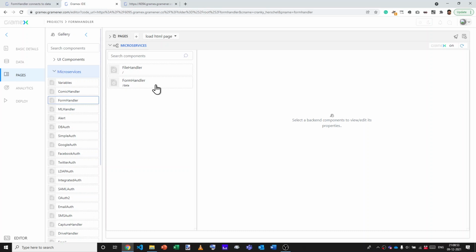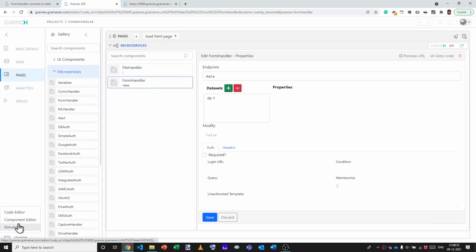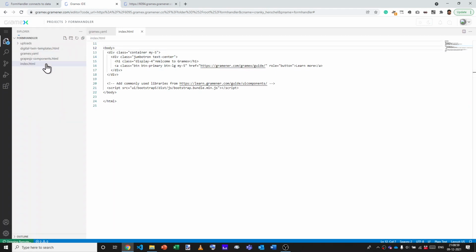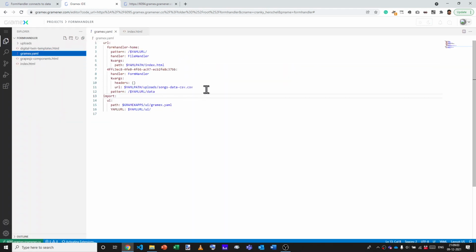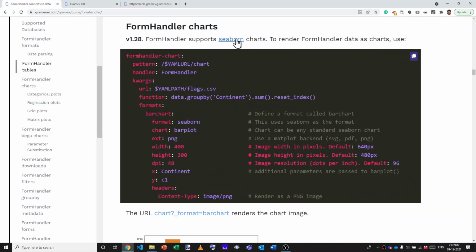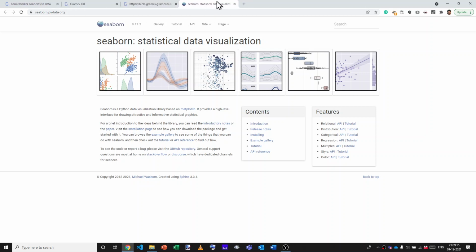So let's go to the code editor now, where we'll be adding the chart configurations. Specifically, you will be looking at the gramex.yaml file. And out here in the documentation, you'll see that FormHandler supports Seaborn charts. Seaborn's a server-side Python library, which has the ability to create some fairly flexible visualizations, either as SVGs or PNGs